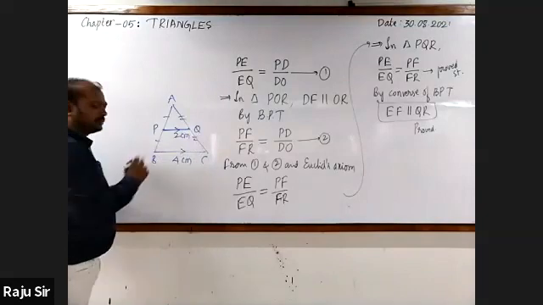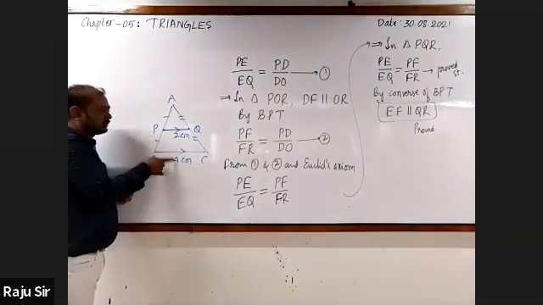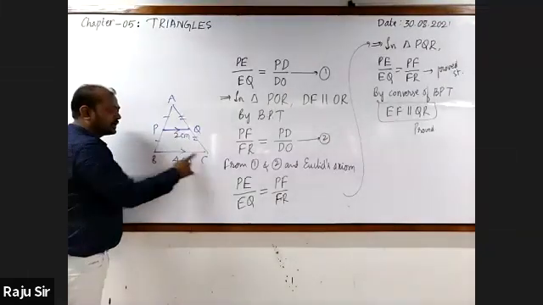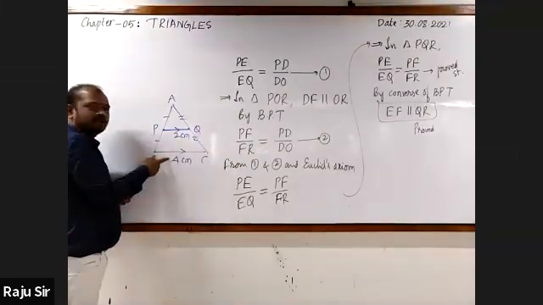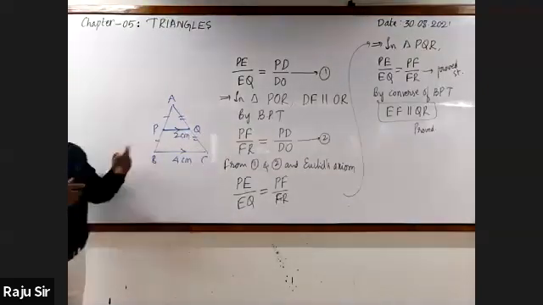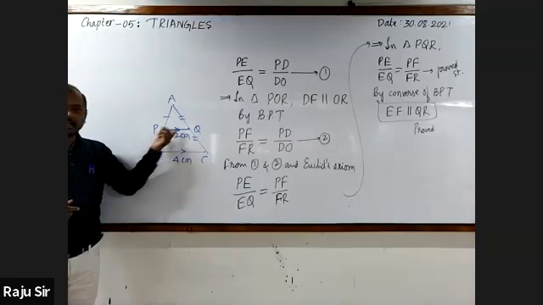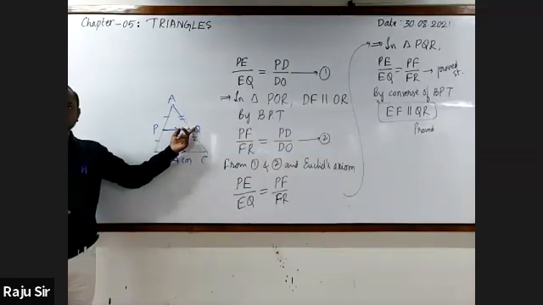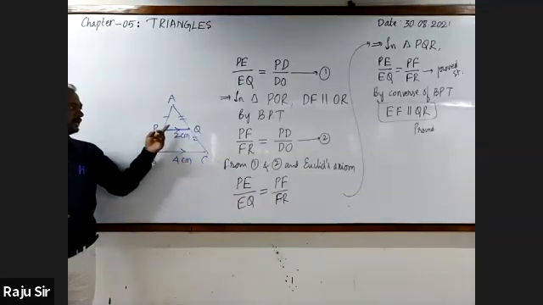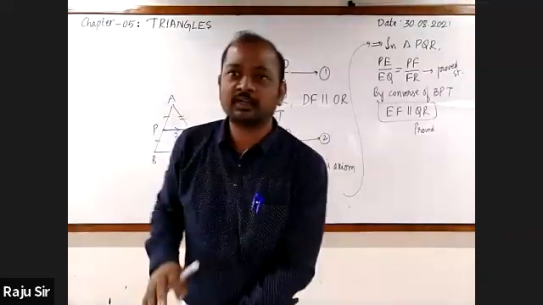This is 2 centimeter, this is 4 centimeter. Very good. On comparison, you will come to know that 2 centimeter is half of 4 centimeter. Nothing but PQ is half of BC. This side is half of the base, the third side. Understood? Now let me make the statement. The line joining the midpoints of any two sides of a triangle is parallel to the third side and half of it. Have you understood?